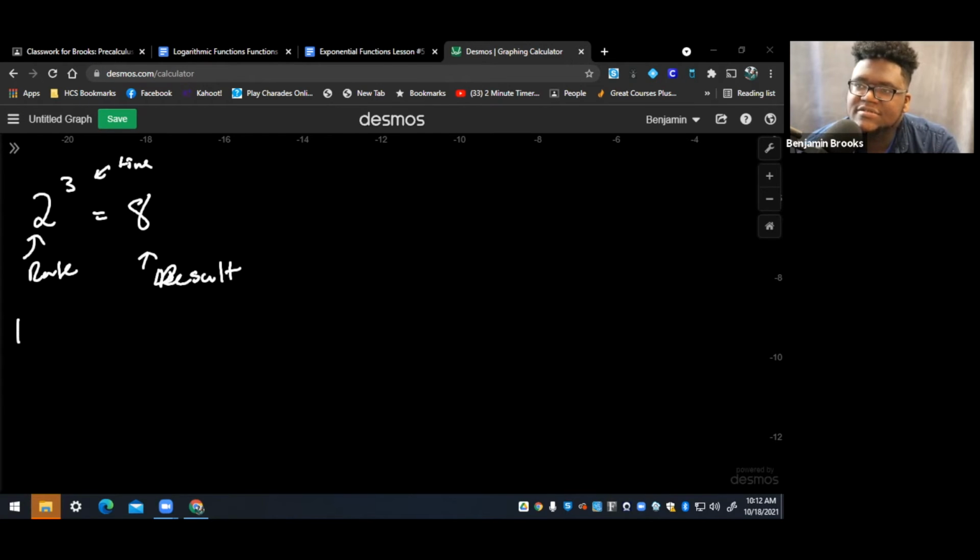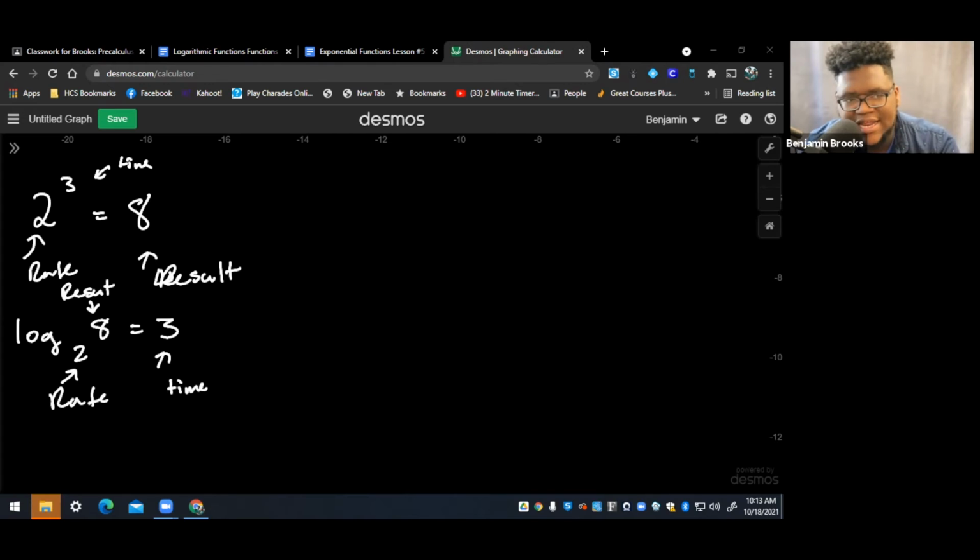Logarithms say this: log base 2 of 8 equals 3. How have those numbers changed and what does this logarithm mean? Let's think about it. So the 2 we know represents what? Rate. 8 represents the result. So 3 must represent the